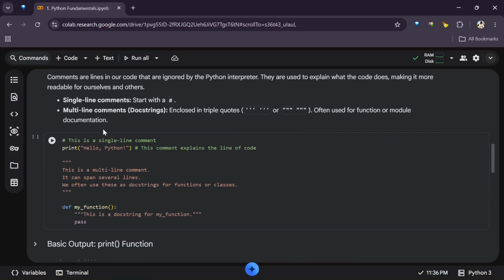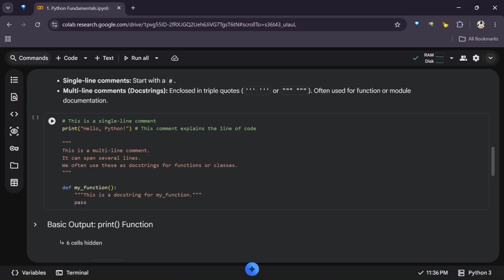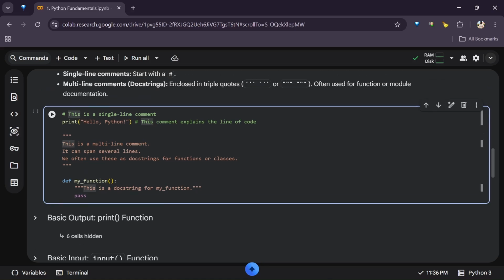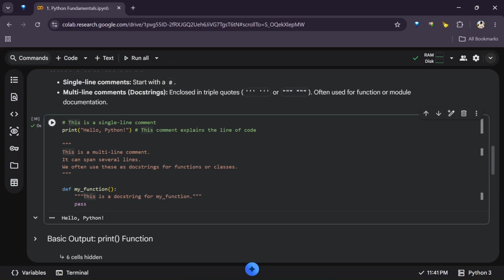Okay, somehow it seems I jumped this place and then moved to this print here. So this is how it looks like. I could tell, so that's why I had to come back to it. So this is how a single line comment is. You can see this is what a multi-line comment is, and this is how a documentation string is. So I'll run this for the sake of running it, and then I'll show you.